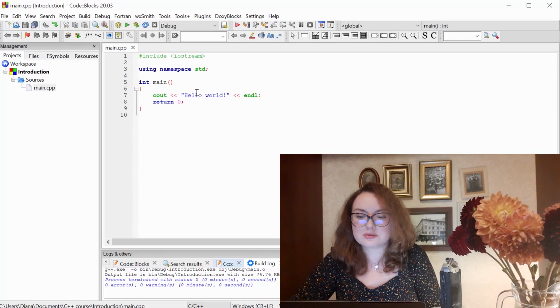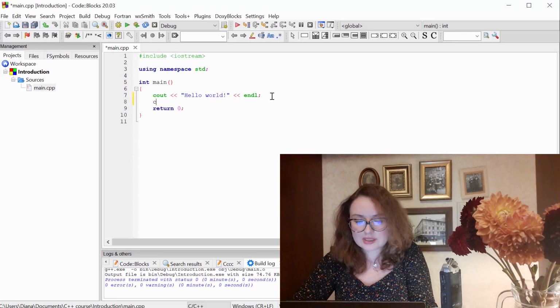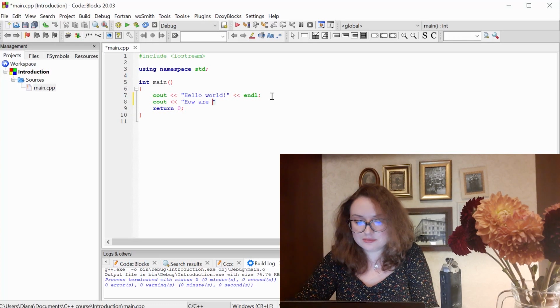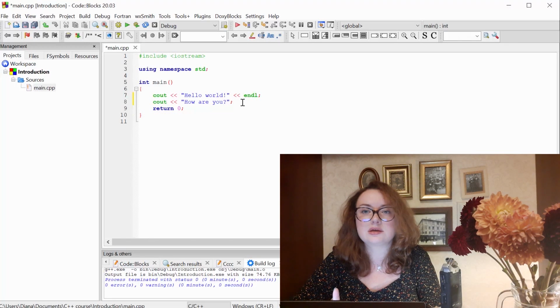So we're going to send this string hello world, but you can see that at the end of our hello world string we have one more output. It's some object called endline. Endline is actually an object that stands for the endline character. So if I want, for example, to modify my program and add more lines of code, let's add the line how are you. And one more important thing, at the end of every line, at the end of every statement, you put a semicolon, so C++ will understand that it's the end of this statement.